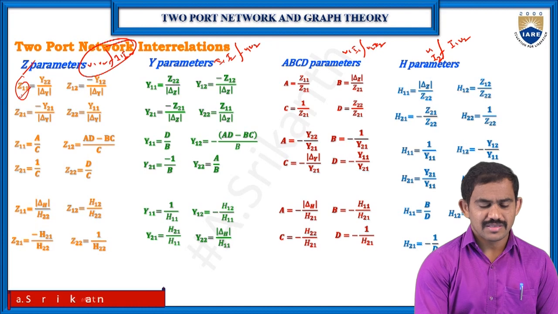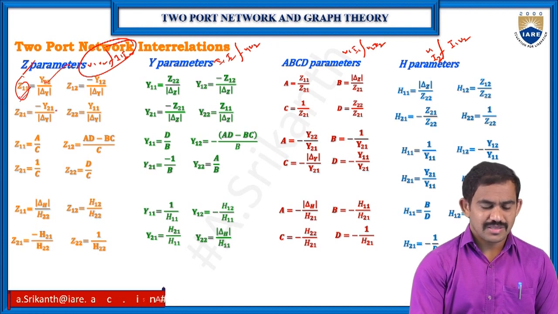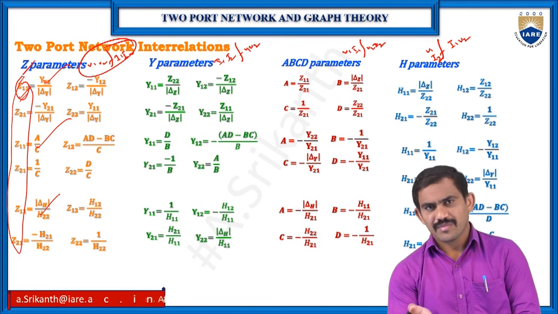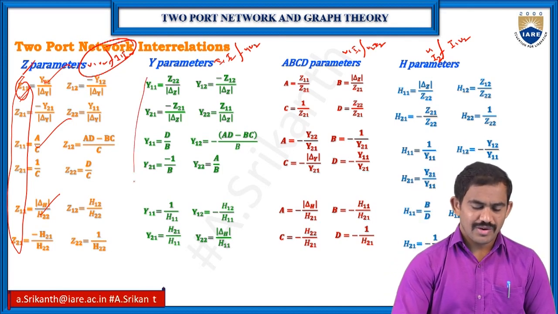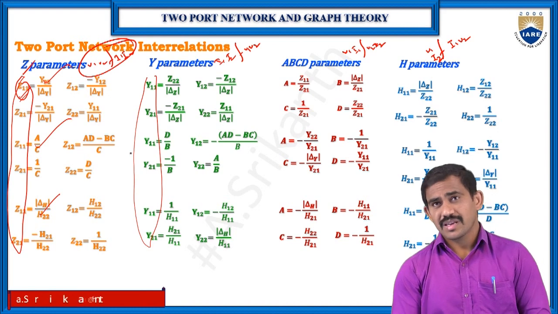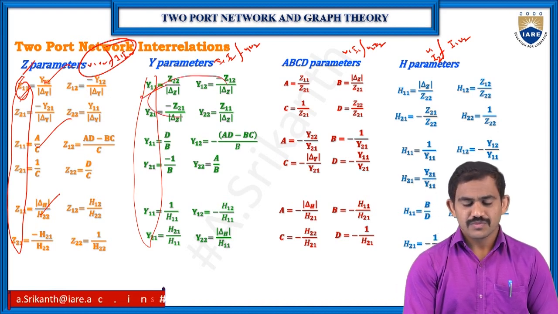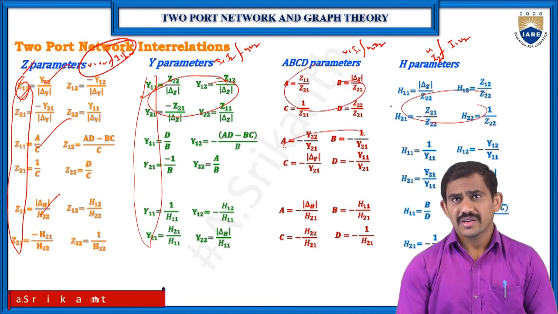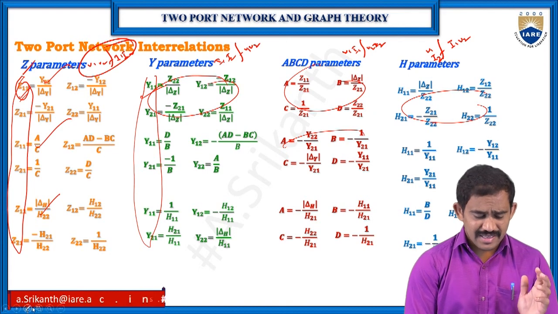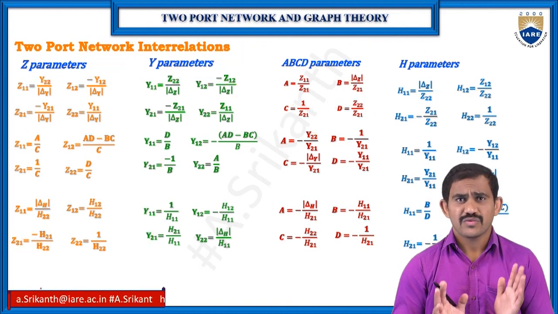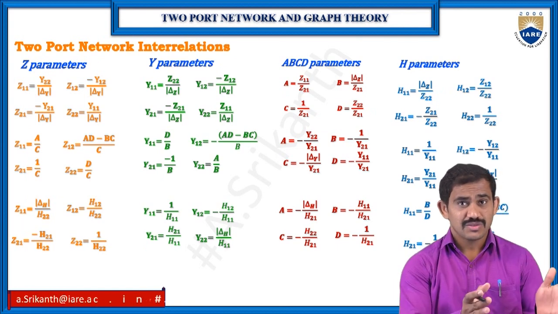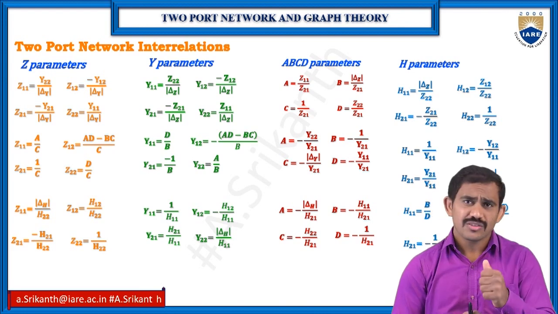So here you have the Z parameters using Y parameters, using ABCD parameters, using H parameters. So I know the Z parameters when I know the remaining parameters. Same thing if I want to find out Y parameters using the remaining parameters. So here Y parameters with Z, and ABCD parameters with Z, and H parameters with Z. Just remember, don't memorize these equations. Just find out which equations we know for Z parameters, Y parameters, ABCD parameters. Just compare with this equation. That's it. We'll get those answers.